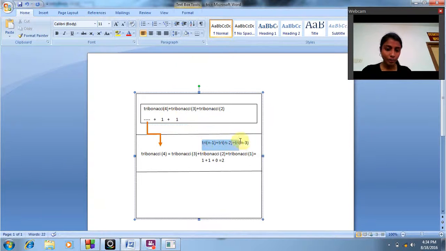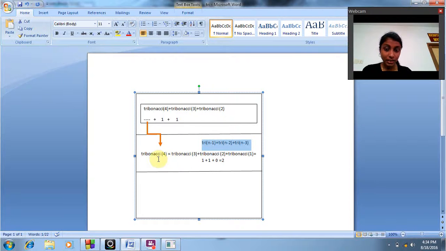Here using this formula I have given 5. So Fibonacci of 5 is 5 minus 1, that is 4, 5 minus 2, that is 3, 5 minus 3, that is 2. So it initializes that if n is equal to 3, it will be 1. If n is equal to 2, it will be 1. The answer will be 1. But if n is greater than 3, it again goes to this formula. That is, here we use the recursive function. So it again goes to this formula.